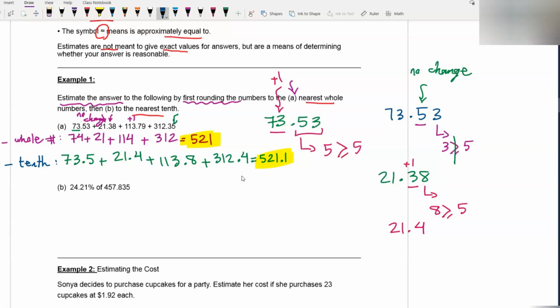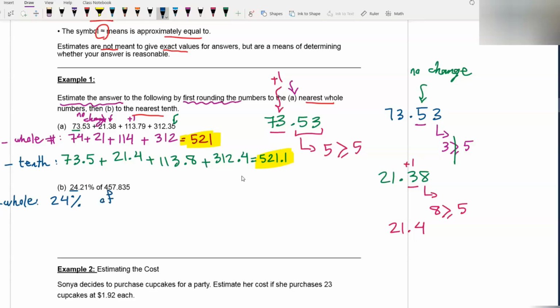We have the first one, whole number. So rounding 24.21 to a whole number. To the right of this whole number, we have 2, and 2 is not greater than or equal to 5, so no change to 24. So here is 24%